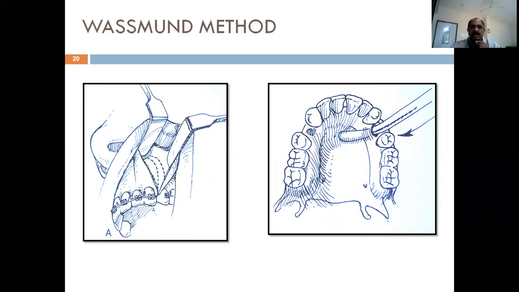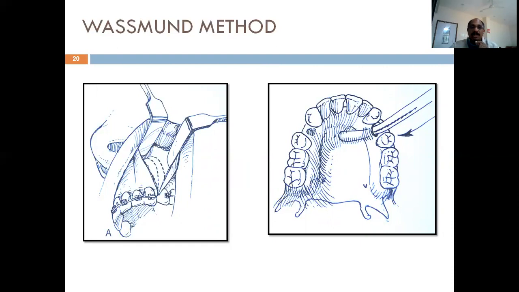Again, this required a lot of traction, so there was a lot of tearing of tissues. That was prevented by Cooper's modification, where we can make an incision exactly like how we did in the Le Fort osteotomies. You make an incision on the mucogingival fold or mucogingival junction, and reflect the flap there, which I'll be showing to you.